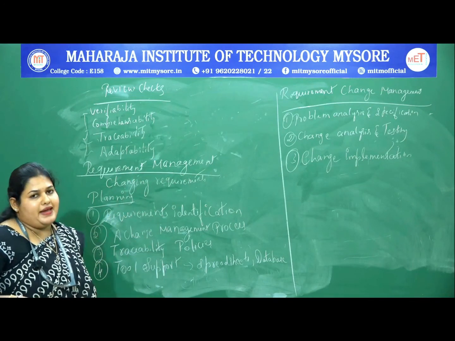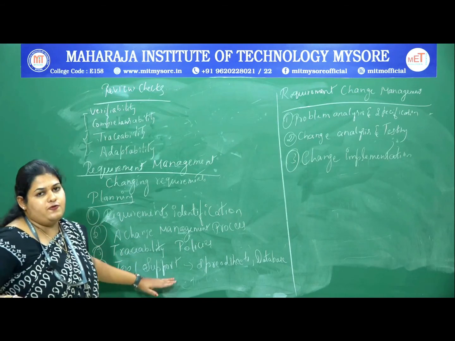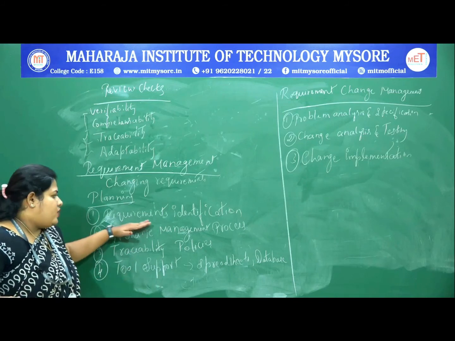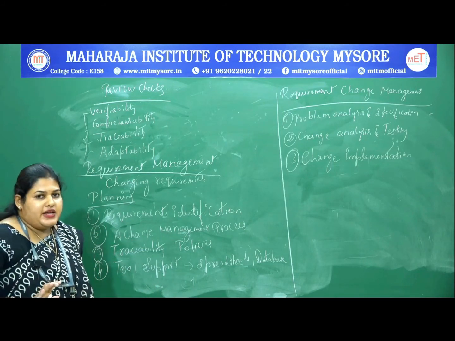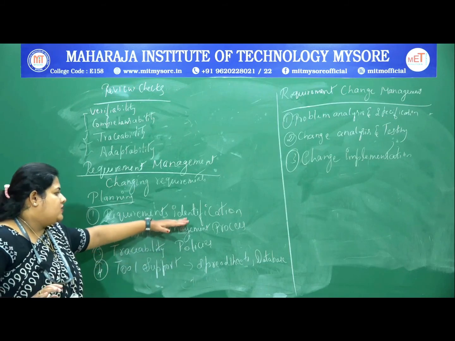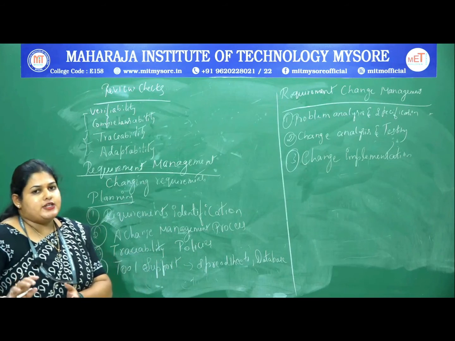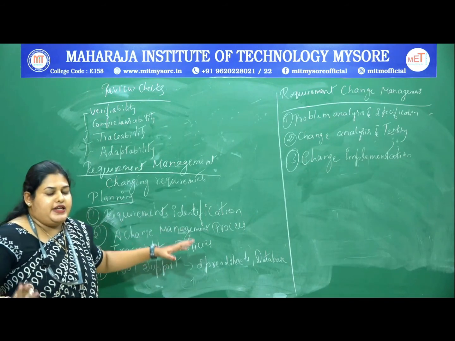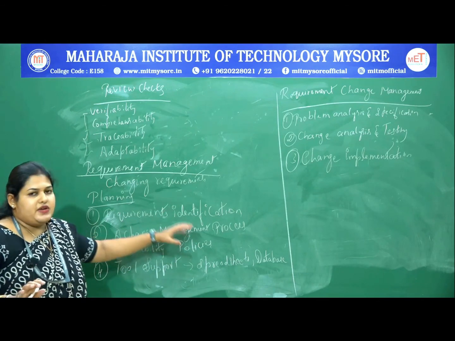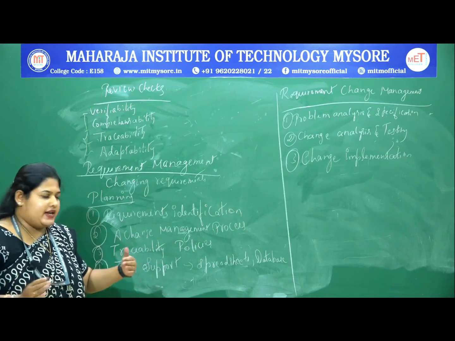So how do they plan it? Basically they plan on these 4 points. The first is requirement identification. While identifying the requirements, they make sure that the required planning should not change further. That's the assurance they try to accept, and accordingly they start planning whatever requirements are given by the clients: I can identify them, and I will gather and collect them.